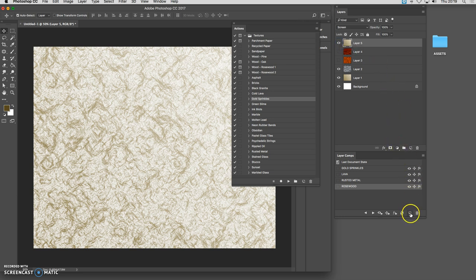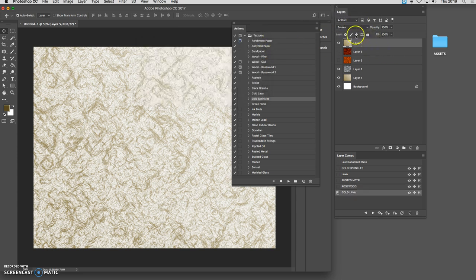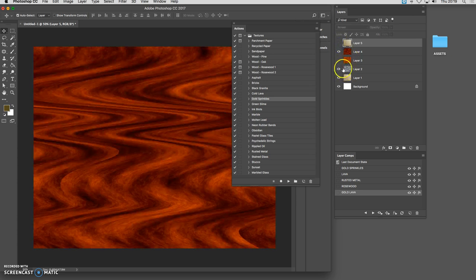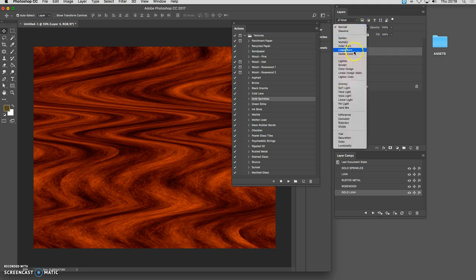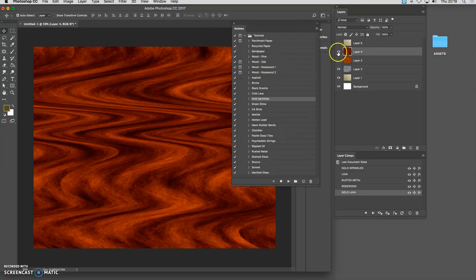So I'm going to make a layer comp of that. Gold lava. You experiment and decide how it's going to go. I'm going to switch that off and maybe try a combination between this one and this one. And we can let stuff come through. It's not particularly great. Let's add in